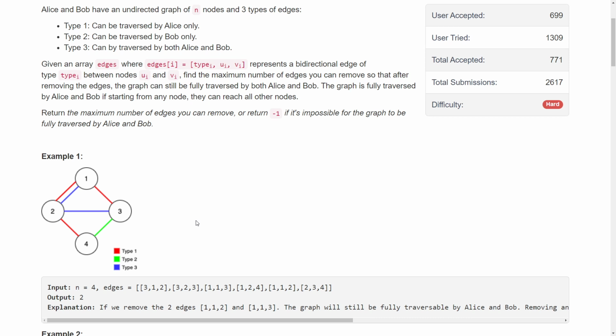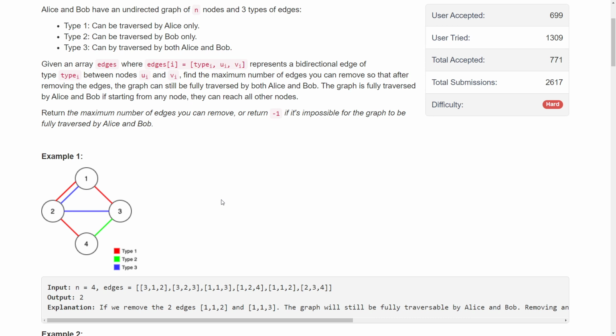So this is what I thought. The redundant edge should never be of type 3, unless there is no other option. If all the edges were blue here, then we can remove some blue edges. But if there is an option to remove either blue or some colored edge, I think we will always want to remove a colored edge other than blue. I was not able to prove this during the competition, but this is my intuition, so I'll code along this intuition that a type 3 edge will never be redundant. So how do you figure out which is redundant?